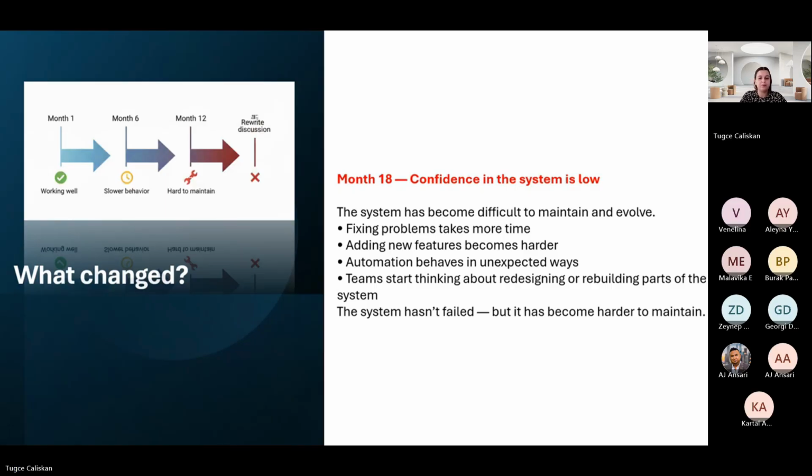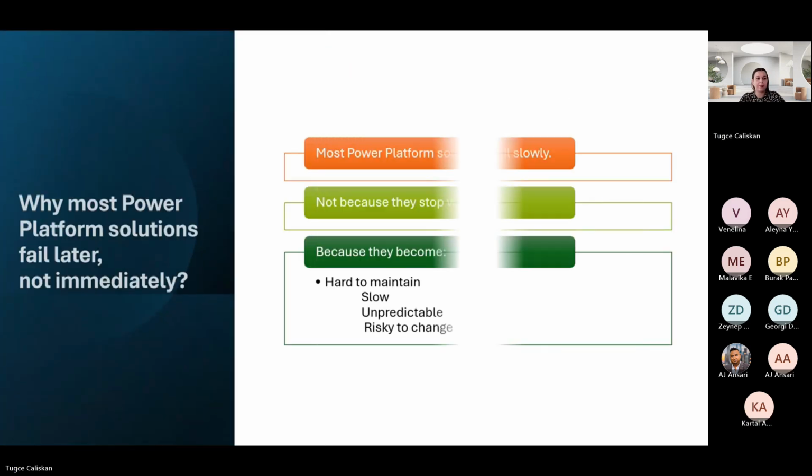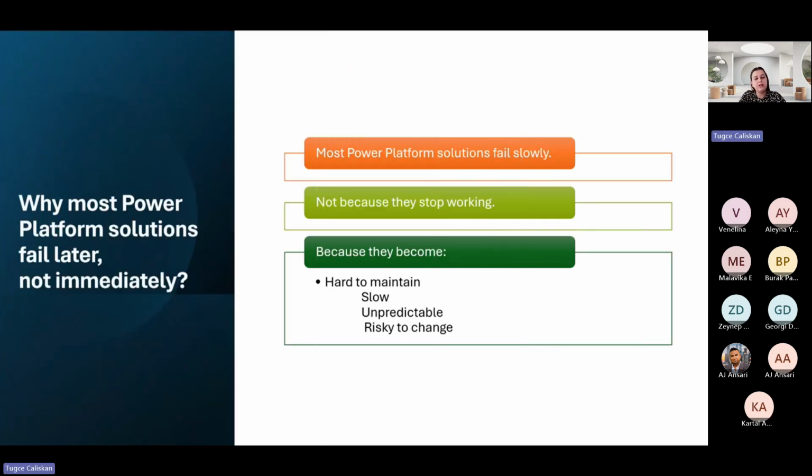So let's move forward. We touched base on a structure where we go from 1 to 18 months. This is a hypothetical situation, of course. It might be that you would not face an issue in that early stage, or it might be that you're already in a serious problem and considering rebuilding some systems.